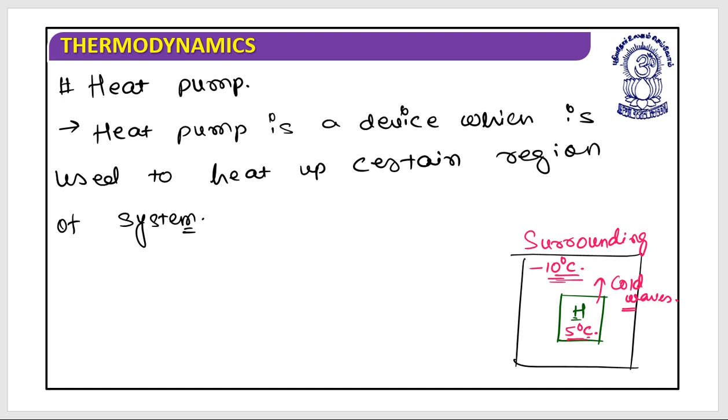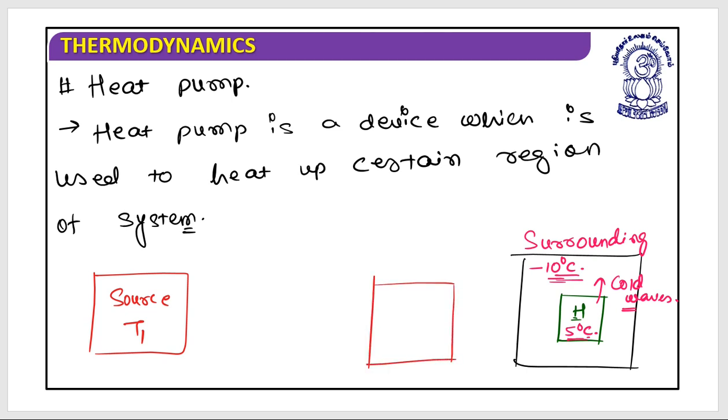So it means you are not going to get work done. Instead, you need to do work on the system. Forget about the work done; instead, you need to perform work on the system so that this can work efficiently. So let's see the workflow of this. This will be the source, and this is at T1, which is at a higher temperature.